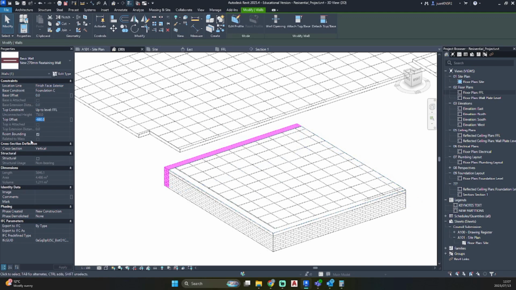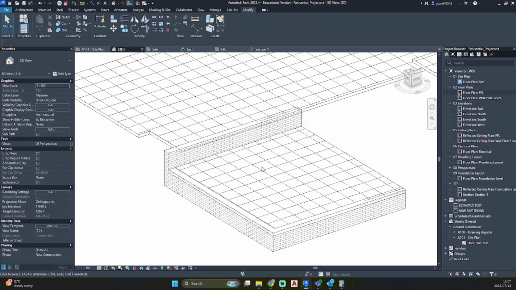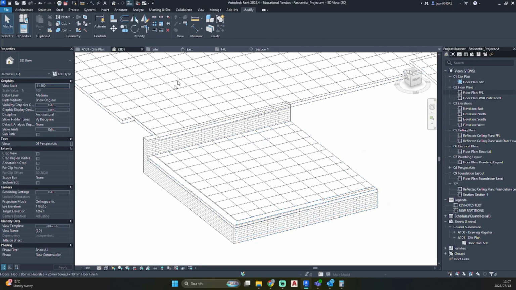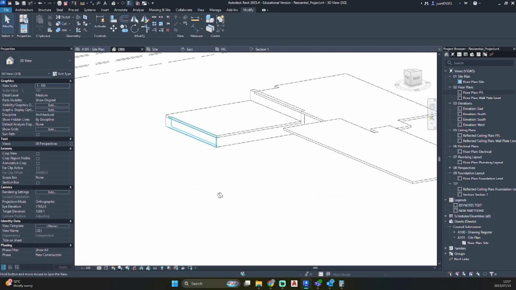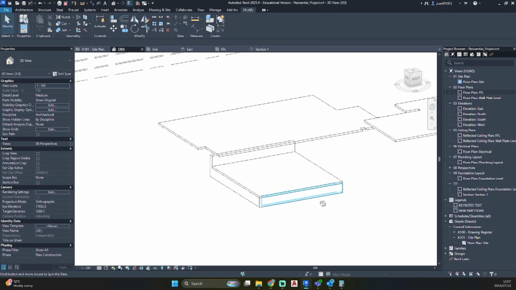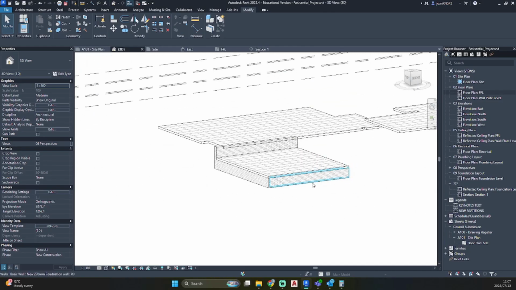Let's just make top offset at 0 and it will move up. So now let's go back to modify, join, click on the wall, click on the floor, click on the wall, click on the floor. And there we have our garage with its foundation walls.